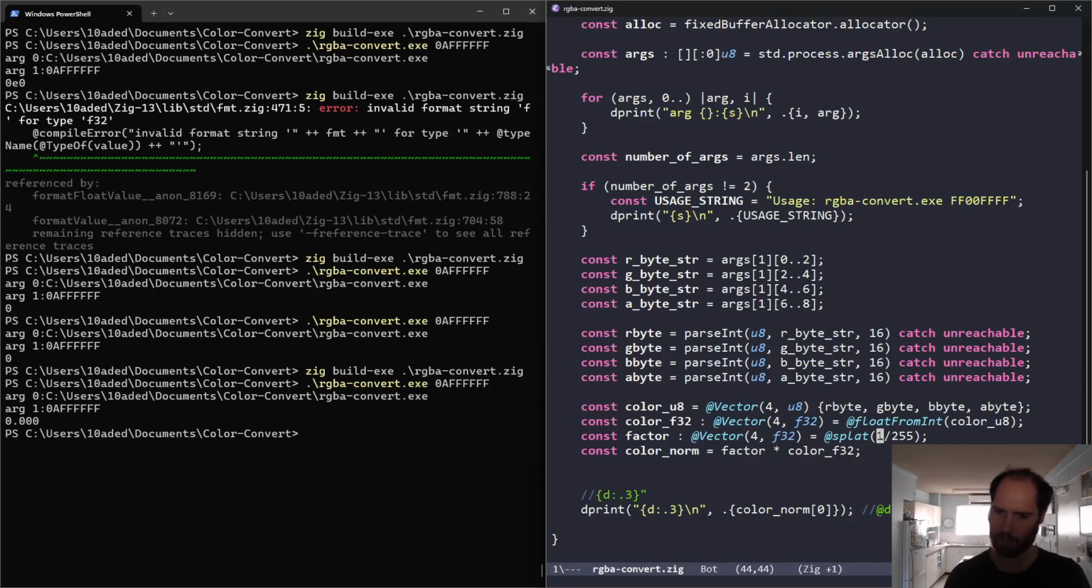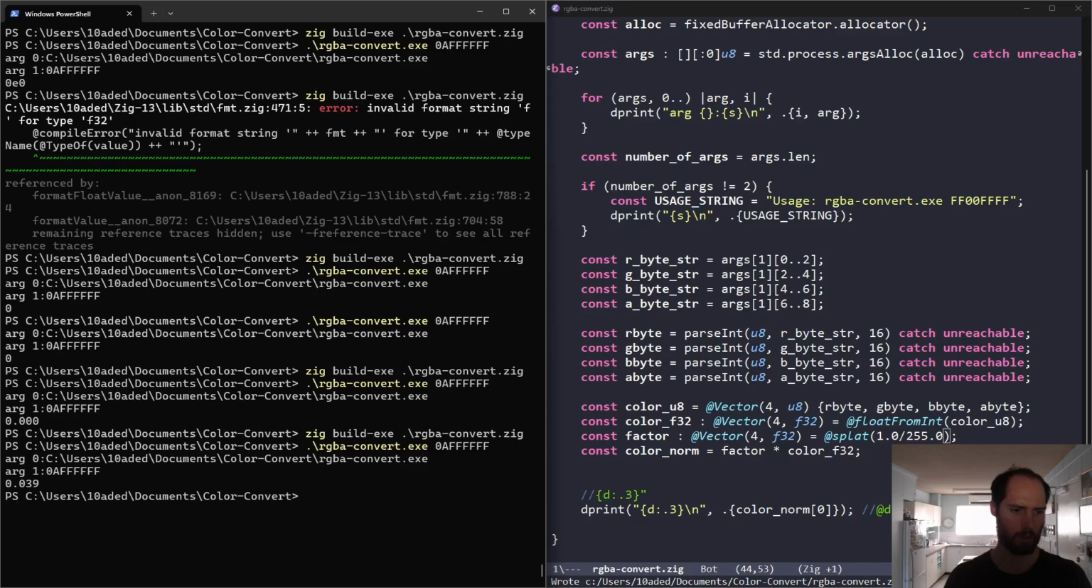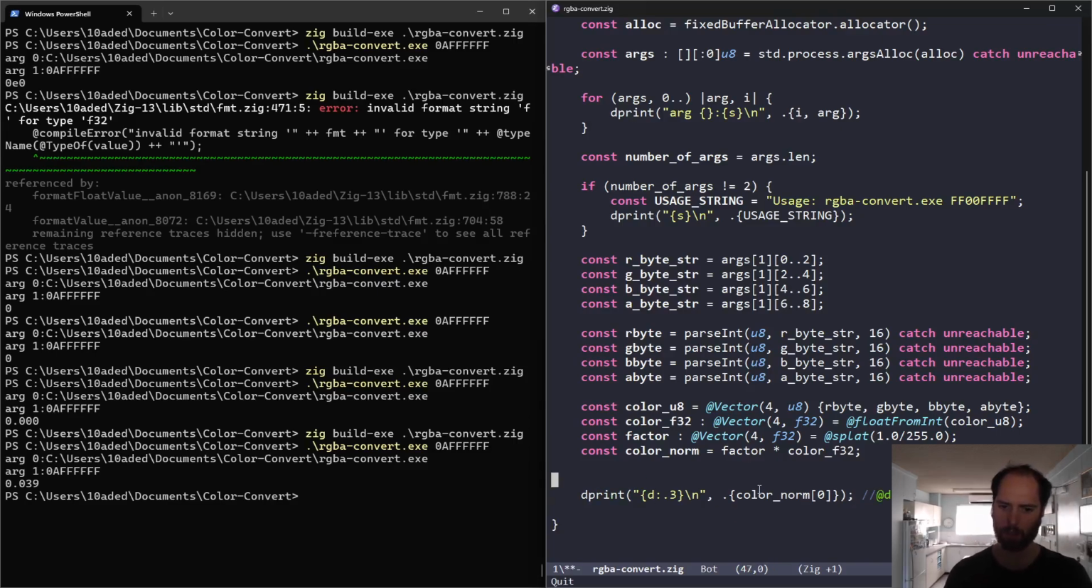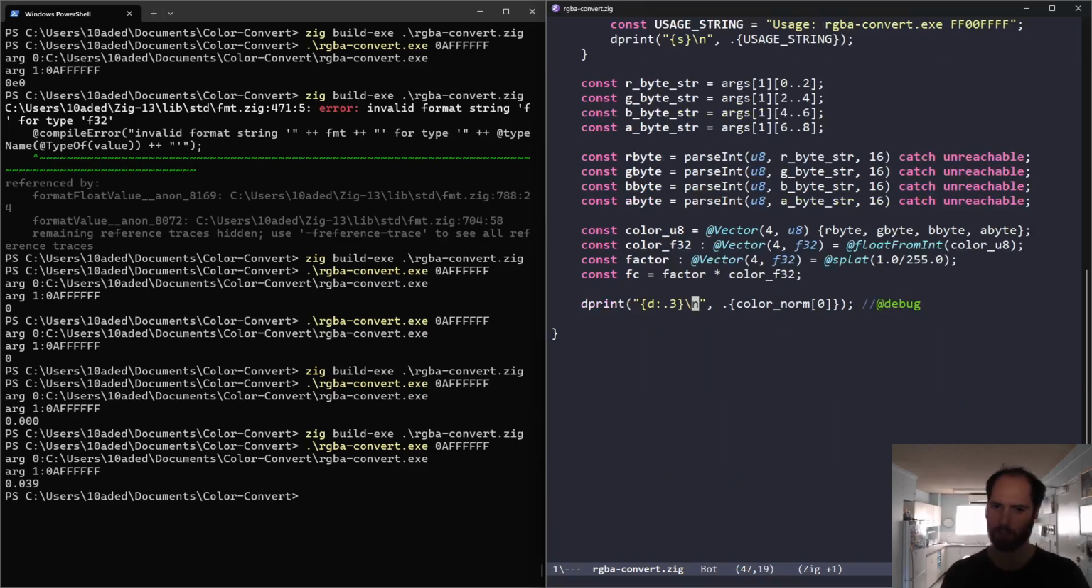Oh, maybe it is interpreting this as a 0. Okay, much better. Great. Okay, so now we're basically done. We just, let's alias this color norm. Maybe like final color is FC. So then we can do